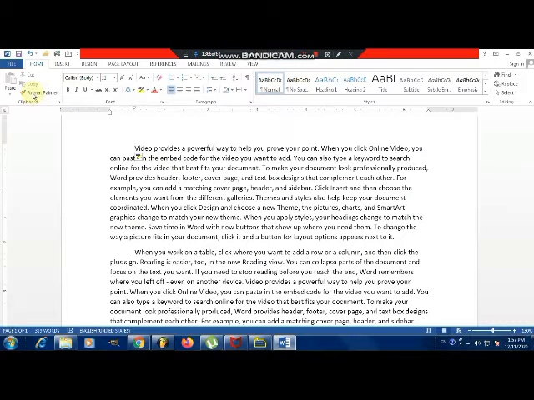You can see here the clipboard group, it is in the Home tab, at the beginning of the Word ribbon. 4 different commands are there: cut, copy, paste, format painter. Now let's first see what the use of cut is. Cut is used to shift text or a sentence or a paragraph from one place to another place.